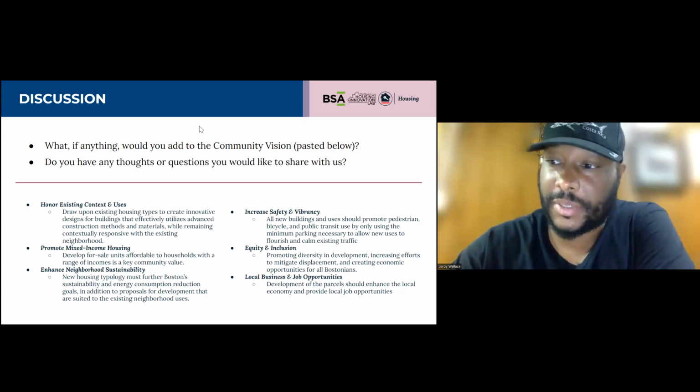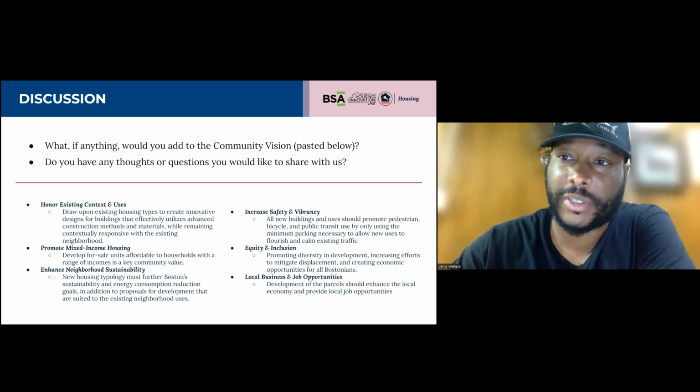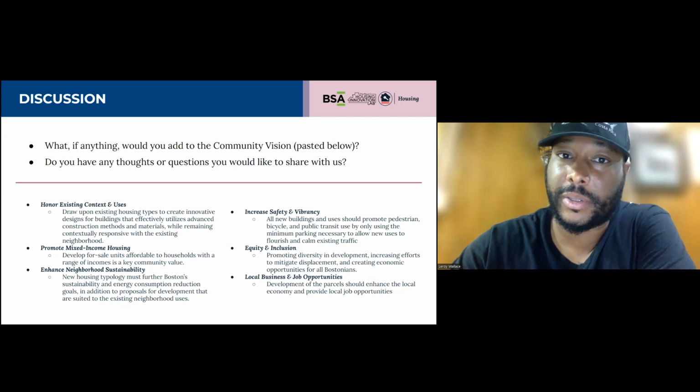Yeah, my name's Leroy Wallace. I'm an abutter. I live on Corona Street in Geneva Ave. So I've heard exactly what the neighborhood wants. What exactly does the city want? Like, how many units does the city want ideally, and how would they like it to be split? You know what I mean? If there's 12 units, do they want it half and half, or what does the city want ideally?